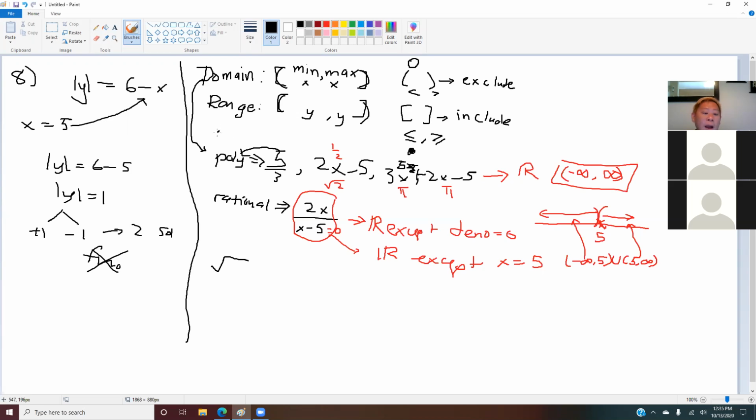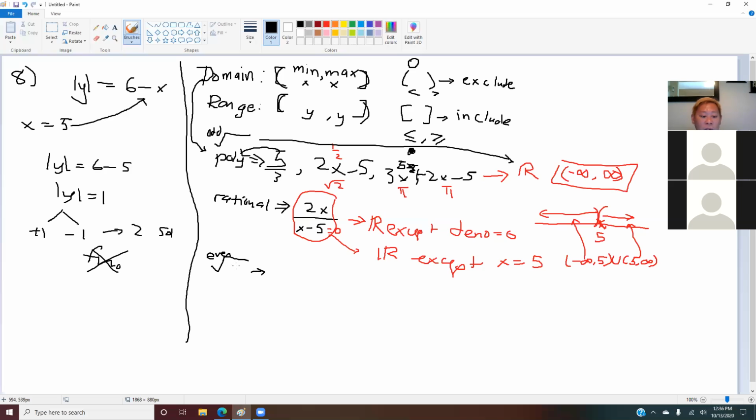If your root is an even root, then you talk about this. But what happens if your root is an odd root? If you have an odd root, then your domain is going to be all real numbers. So if you have a cube root, 5th, 7th, 9th, and 11th root, all the odd roots, then your domain is all real numbers. But if you have an even root, like square root, 4th root, 6th root, and so on, then your domain in this case is